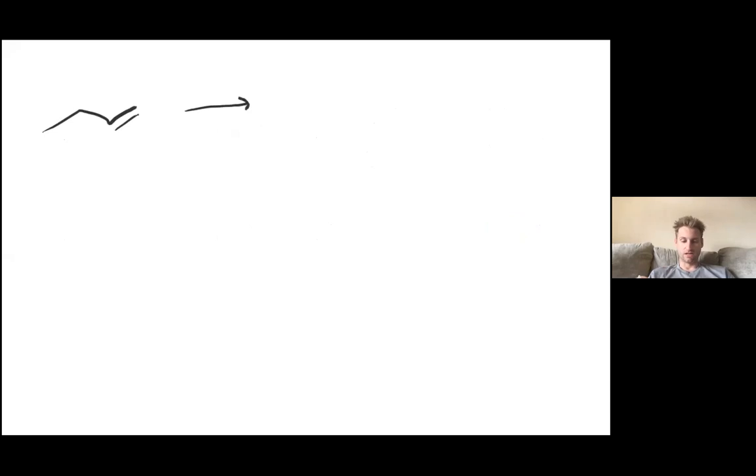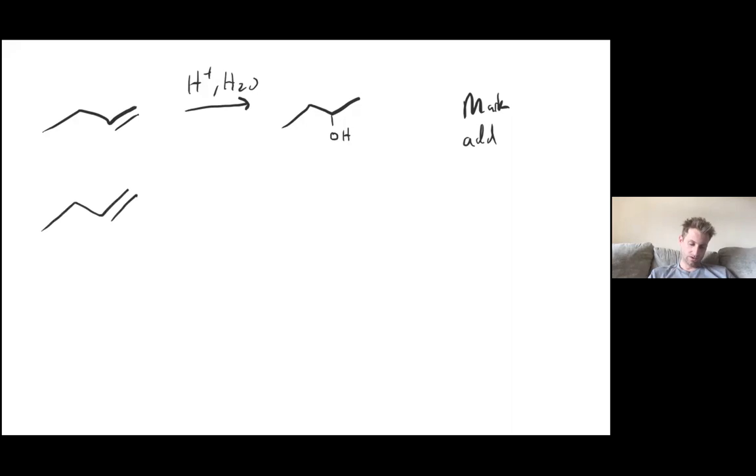We're going to have a little bit more complicated set of reagents. So if we add in H plus, H2O, we can generate an alcohol. So this is our Markovnikov addition. If we want to do the anti-Markovnikov, where we add to our less substituted position, we're going to add in,